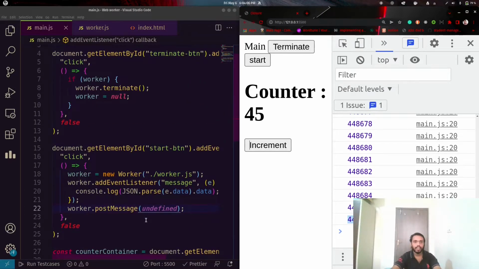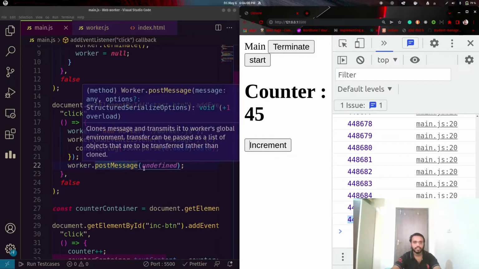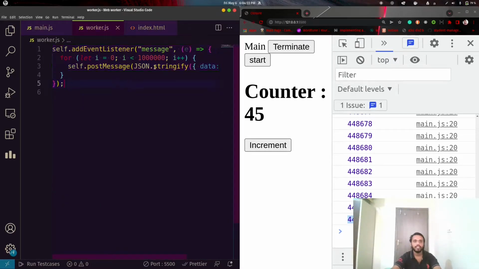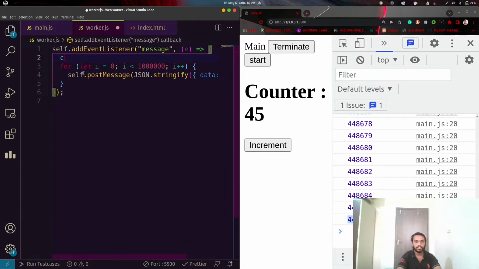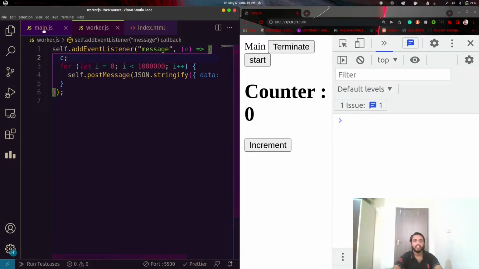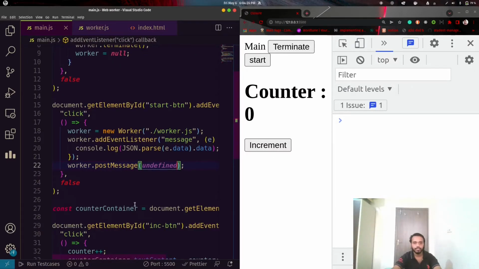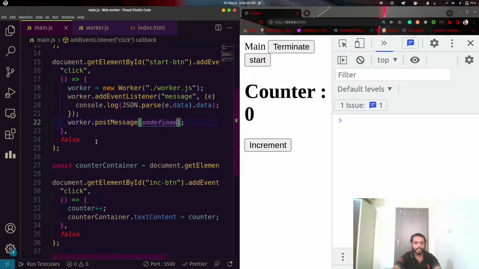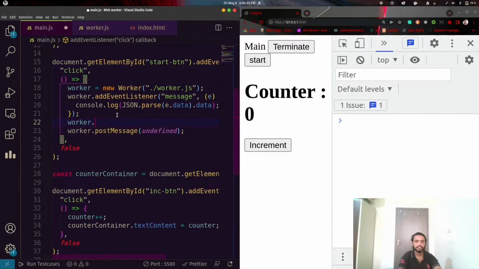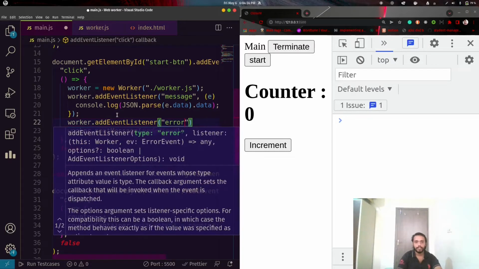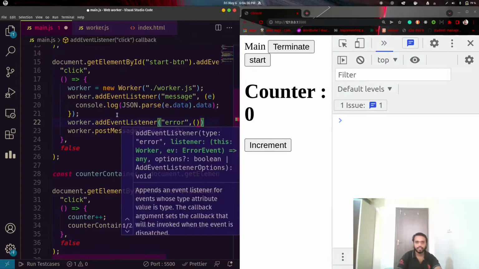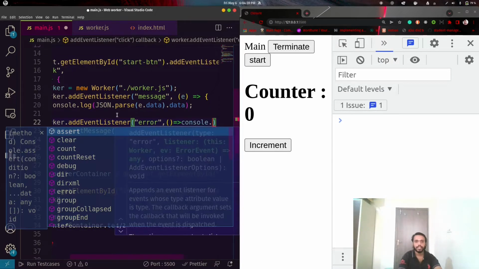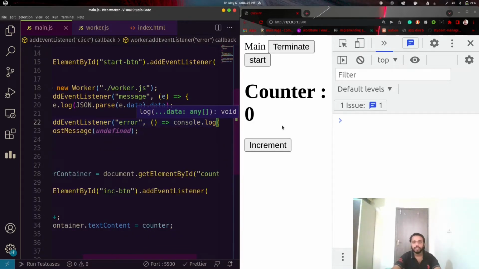And let's check how we can address errors if there is some error in worker.js. So let's have some intentional error. I am creating a C, that is an undefined variable here which is not declared yet, and we have to add one more event listener to it, that is error, which just returns the error object along with the line on which we are getting the error.